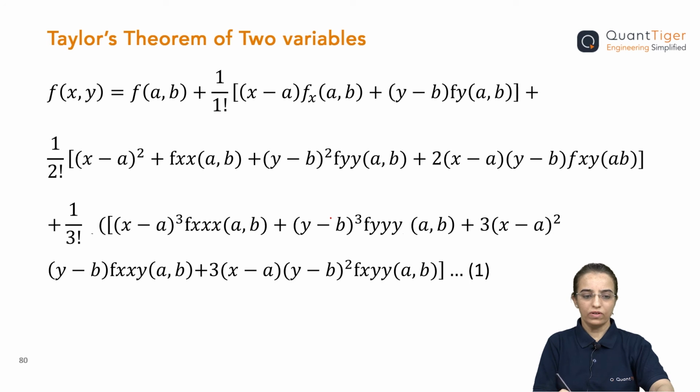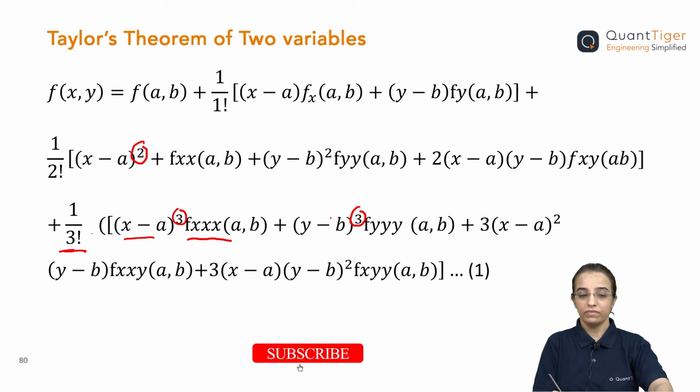Same way we will go for this third term, where we will be increasing the power of x minus a. Here it was power 2, now we are increasing the power by 1, so the power of x minus a is now 3. Similarly, the power of y minus b will also be 3. Whatever the power, that factorial will come, 3 factorial, and that order of differentiation we will do. So we have done the triple order derivative, f triple x, that's how I denoted. Same here, the power of y minus b is also 3, so we will take its triple order derivative,